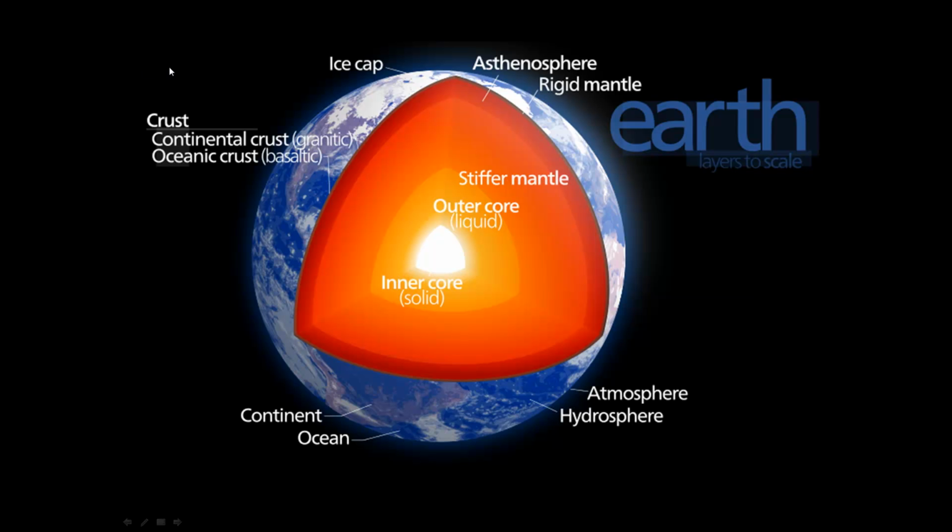And the crust comes in two forms, continental and oceanic. Now, continental is composed of lighter minerals that kind of float. And oceanic crust is made of relatively heavier minerals, and so they get covered with water, so they're oceanic. And we will come back to granite and basalt later when we talk about igneous rock.